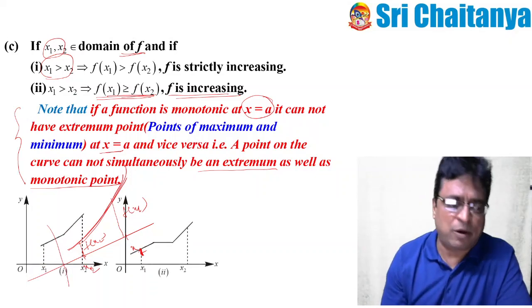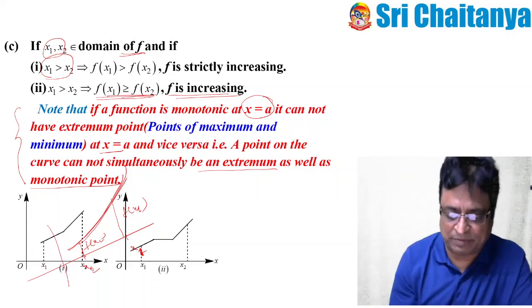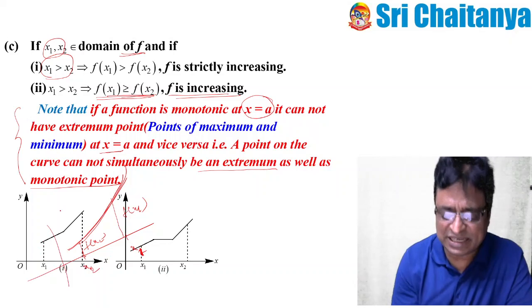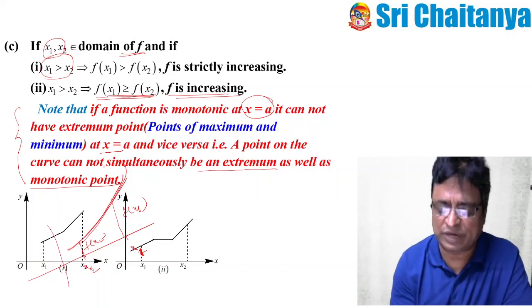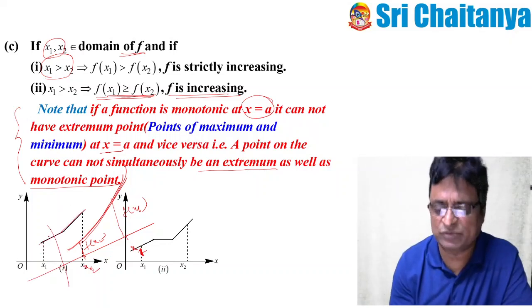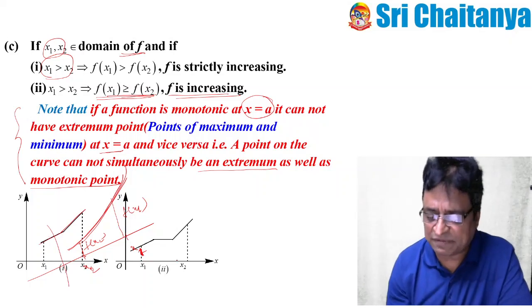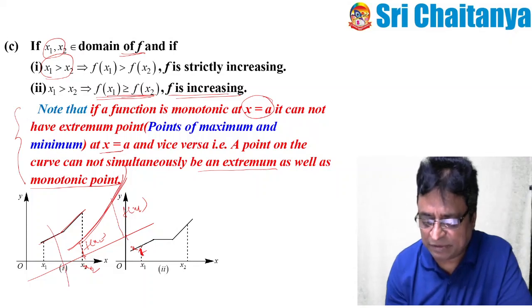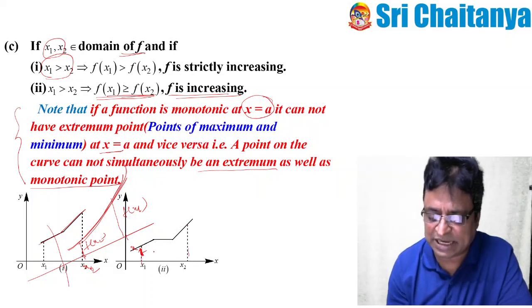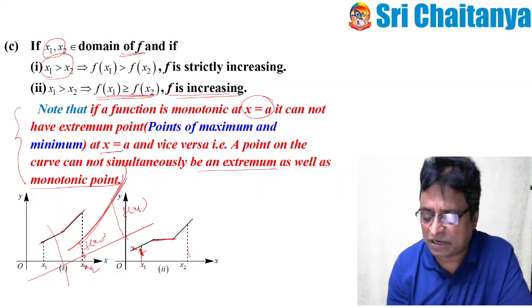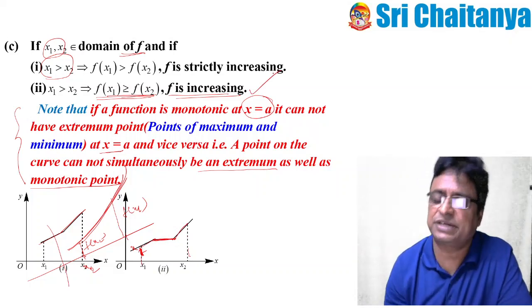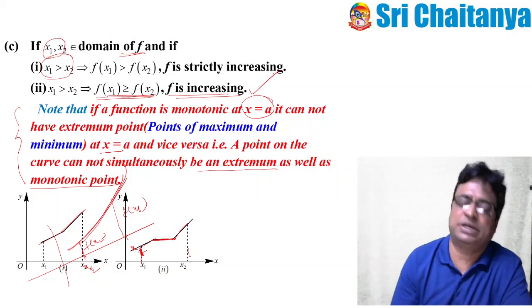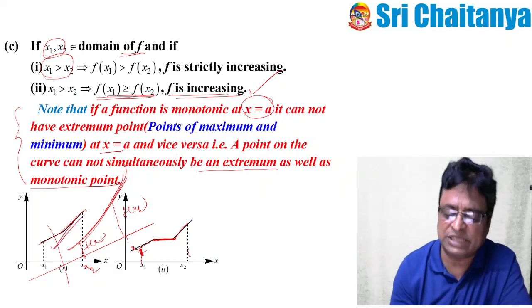So okay, now coming to this example. See here, as I said, x1 less than x2, if f of x1 is greater than f of x2, the curve should be like this, and it is what? Strictly increasing. Whereas for x1 greater than or equal to x2, what happens here? Though f of x1 and f of x2 have this kind of relation, at some points between x1 and x2, all the functional values are equal. So the curve is like this. So this is an increasing function, and this is a strictly increasing function.